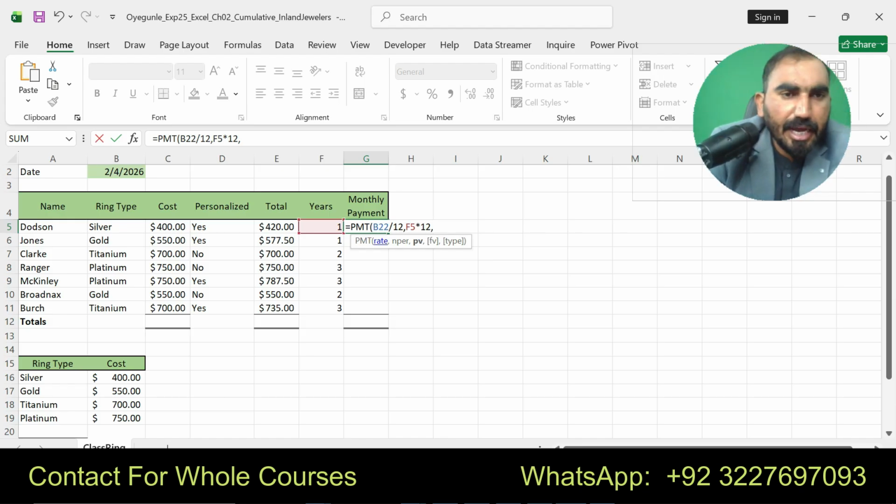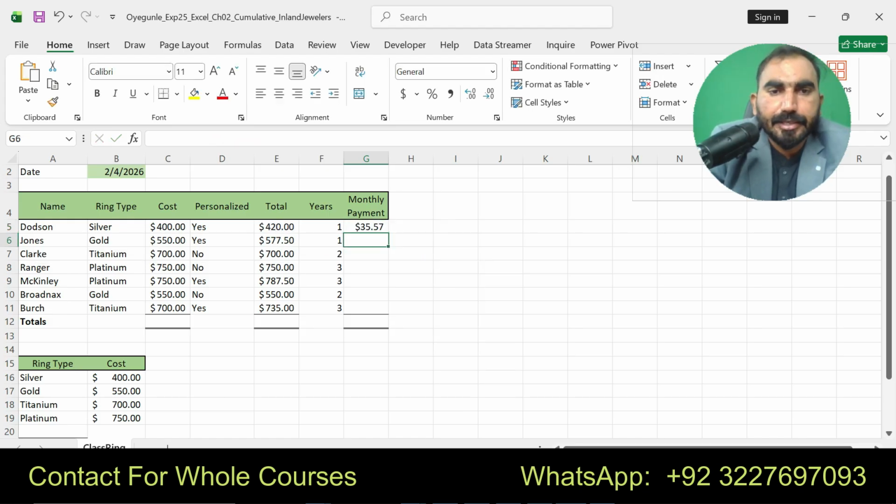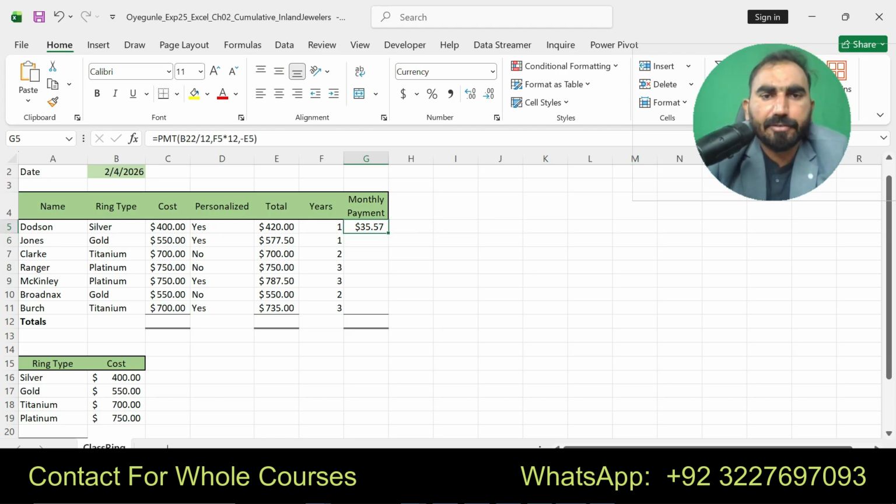Here you can see I am going to do this one, E5, and here you can see I have found the values by applying the PMT function and copy the function in remaining cells.